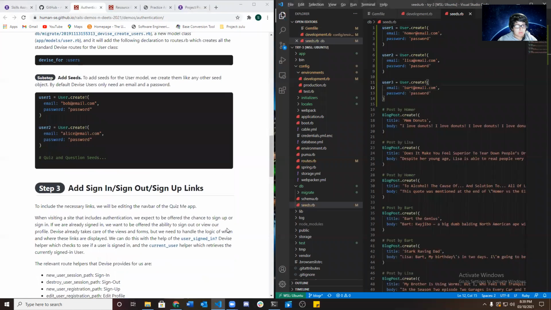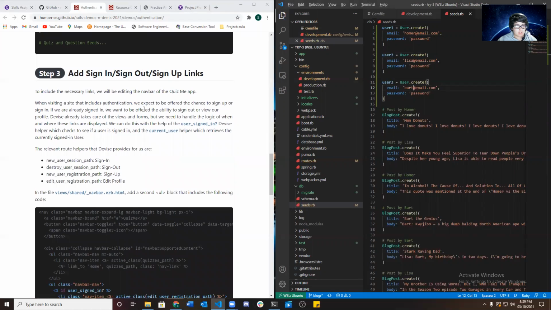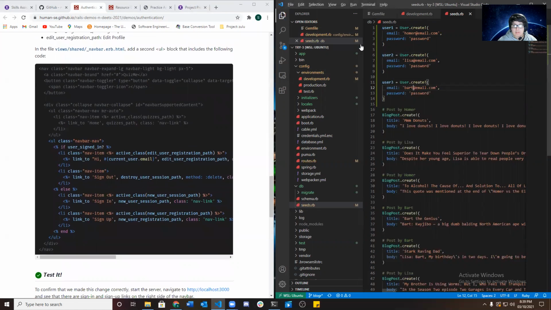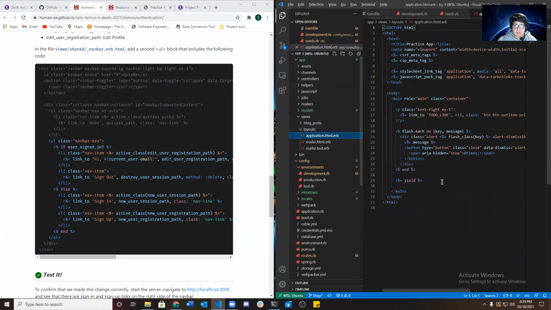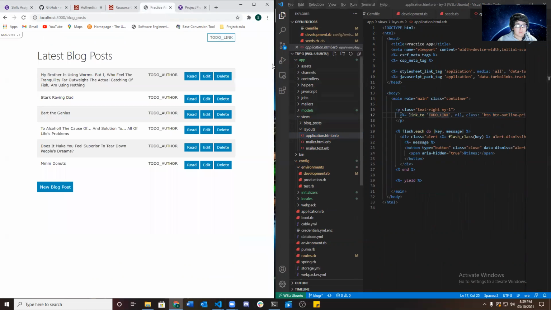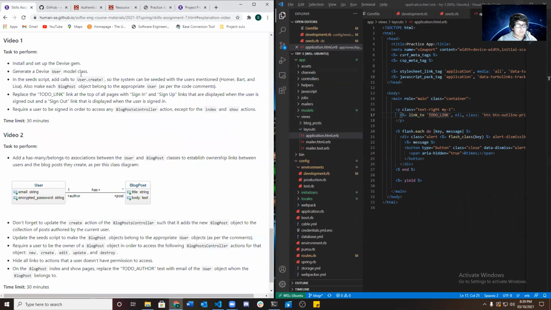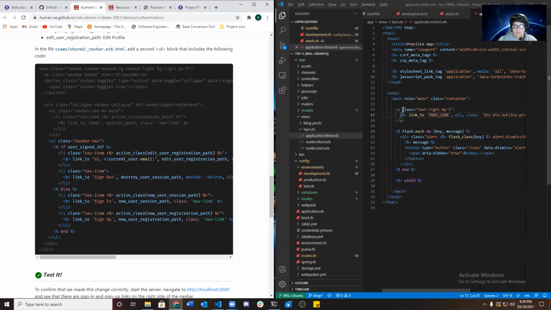And we're going to want to go ahead and add the sign in, sign out, and sign up links. So I want to go to app, views, layouts, application. And here's the to-do link. That is this one right here. So we have to place the to-do link at the top of all pages with sign in and sign up links that are displayed when the user is signed out, and a sign out link that is displayed when the user is signed in. So in order to do that, we're going to go ahead